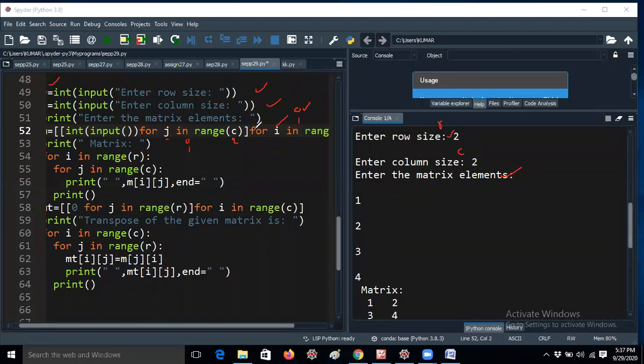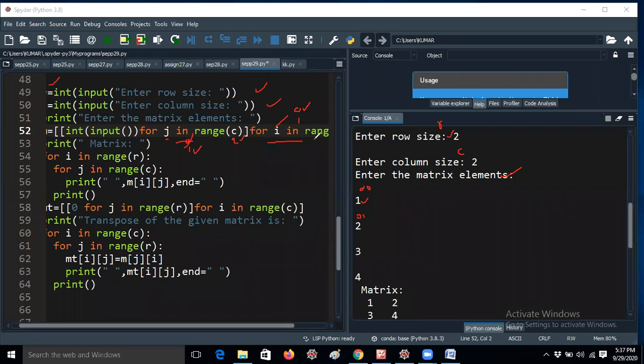But whenever we enter the new loop, the outer for loop i value is 0 and the inner for loop j is also 0. That means the first element, whatever value you are entering into the matrix, you are taking 1. That means i is 0, j is 0, and it will be stored in the 0, 0 position. After that, the inner for loop will be incremented. That means the inner for loop j iteration for 0 is completed, and it will move to 1, because I have given 2. 2 means it will iterate over 0 and 1 only. You should understand this carefully.